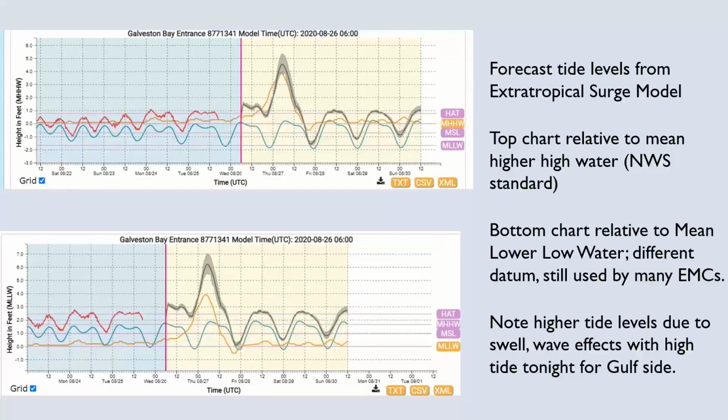And then I want to show you a time series from a different surge model. Don't focus too much on the numbers here, but it does give you an idea of what we're looking at as far as time frame and surge and water levels. I'm showing here Galveston Bay entrance. So think of this as the Gulf side